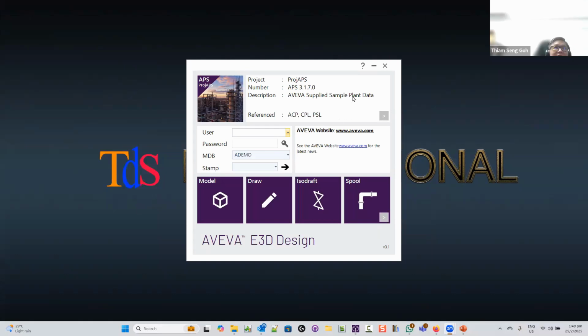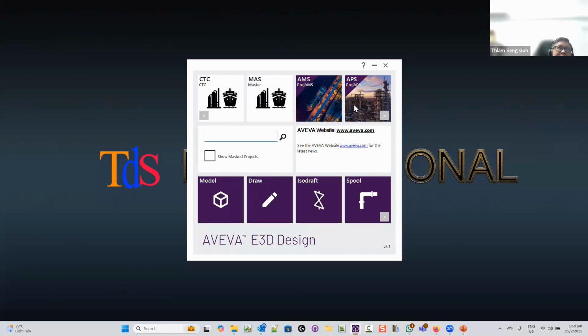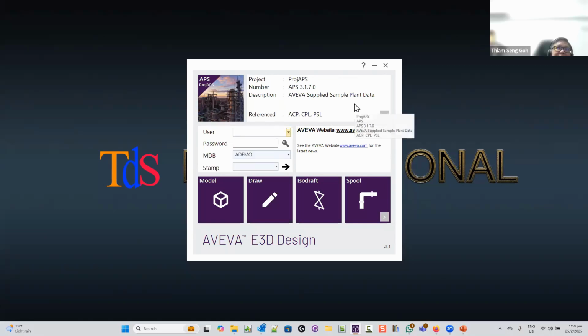Okay, so I'm going to log into an E3D project. So in E3D, we don't go to a folder to open a DWG. We just actually go to a project. So a project can be, I have many projects here, but if I choose APS, and at the bottom, can you see a reference? So what is